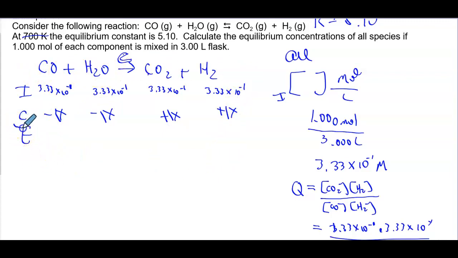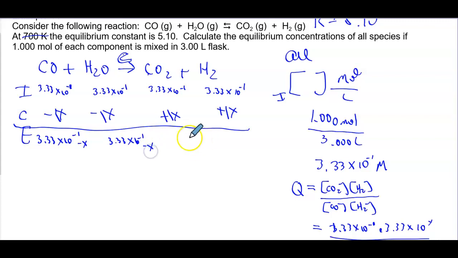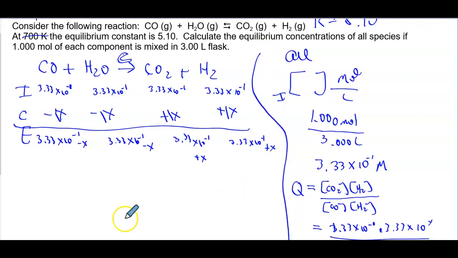So now we can figure out what our E is. So for this one, it's going to be 3.33 times 10 to the negative first minus x. For H2O, it's 3.33 times 10 to the minus 1 minus x. Over here for CO2, it's going to be 1.33 times 10 to the minus 1 plus x. And H2 will be 3.33 times 10 to the negative first plus x. I'm going to do this just to keep this stuff visually